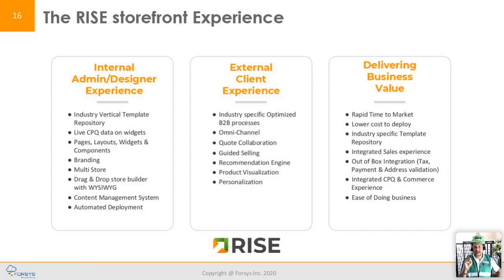This is a huge advantage, because what you're getting is years and years of experience that is represented by us and the knowledge that we have had not only in CPQ but also e-commerce, and we're bringing it to the market, so you can have rapid time to market on the right-hand side of the chart. You have lower cost to deploy. Our system is deployable in weeks versus months. In some cases, honestly, I've worked on large accounts where it has taken them 2 to 3 years to actually get the value out of their B2B e-commerce.